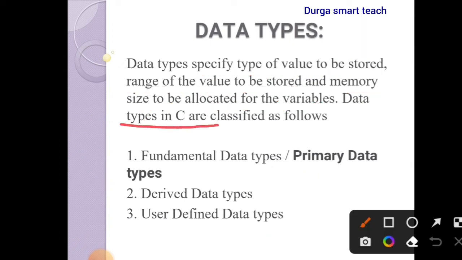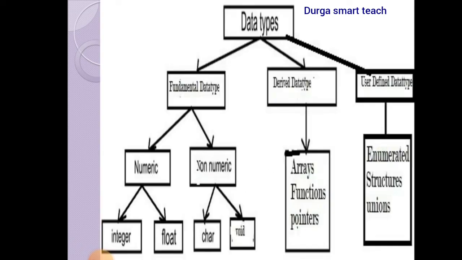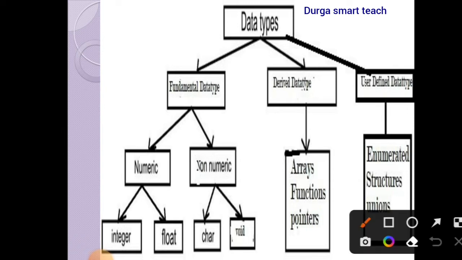Data types in C are classified as follows. There are 3 types: fundamental data types, which are also known as primary data types, derived data types, and user defined data types. This picture shows the classification of data types. These are very important. Fundamental data types, also known as primary data types, derived data types, and user defined data types are the 3